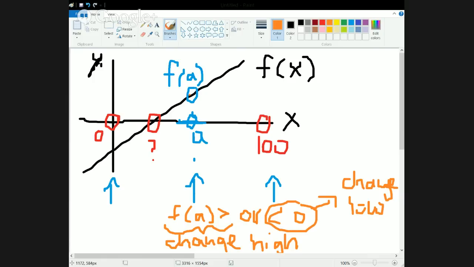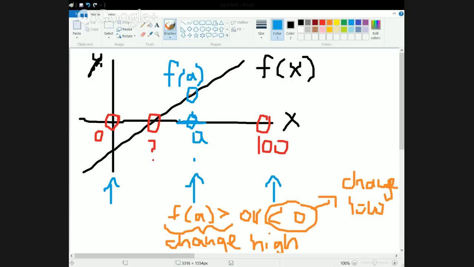And basically, we're just going to keep doing this over and over again. So already I can think of, I might want to have a loop in here because I'm going to be doing the same procedure over and over again until I'm sufficiently happy with f of a. So